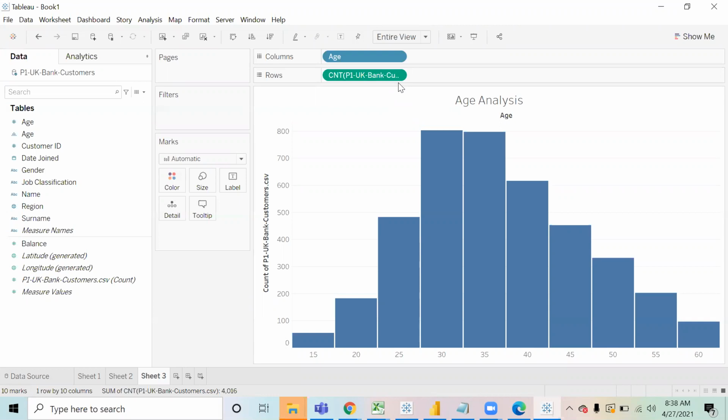So in these two, which one do we mostly use in real time? It's more the TWB, because the data will mostly be on your servers only, in the shared locations only. So mostly we use TWB only, but sometimes we use TWBX also, right? Because for example, suppose now you are my client and I have to share this file with you, and you will not have access to my server. So I will have to save that file in the TWBX file format and then share it with you. Okay.